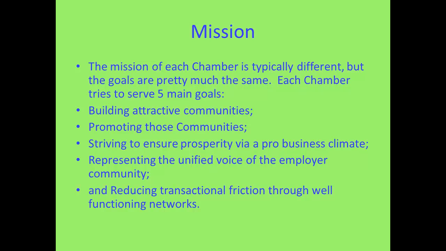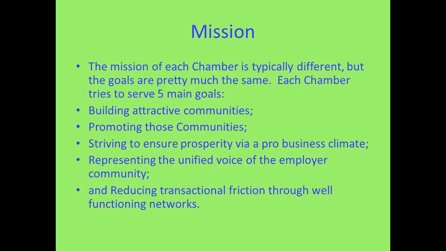And that's huge. You're going to represent a unified voice of the employer community. So for every small business out there, you're going to be the one that goes to the city, that goes to the county government, that goes up to the state capitol and even into the national capitol and speaks about what it is that your businesses need. I know not a lot of them agree on everything or mostly anything, but as a whole, your membership probably agrees with certain things that are going to help make business easier for them. And if your organization exists, they don't have to focus on politics or on law. They can focus on what they do and let you work in the background to help them do what they do.